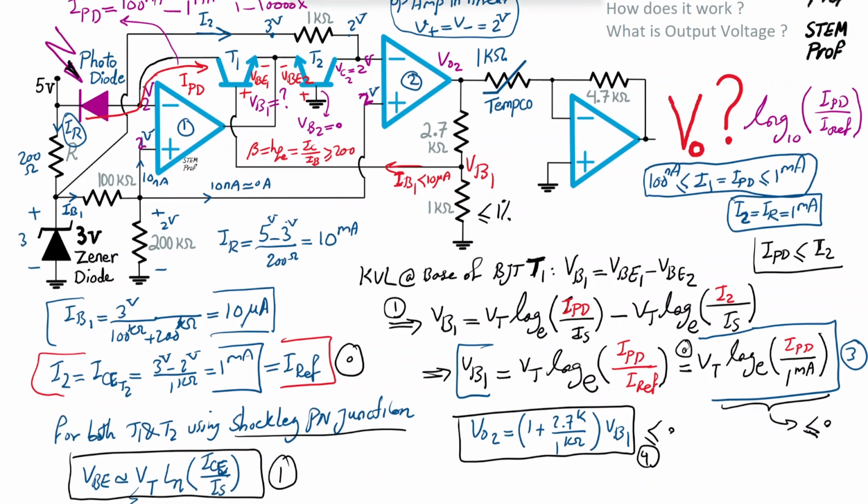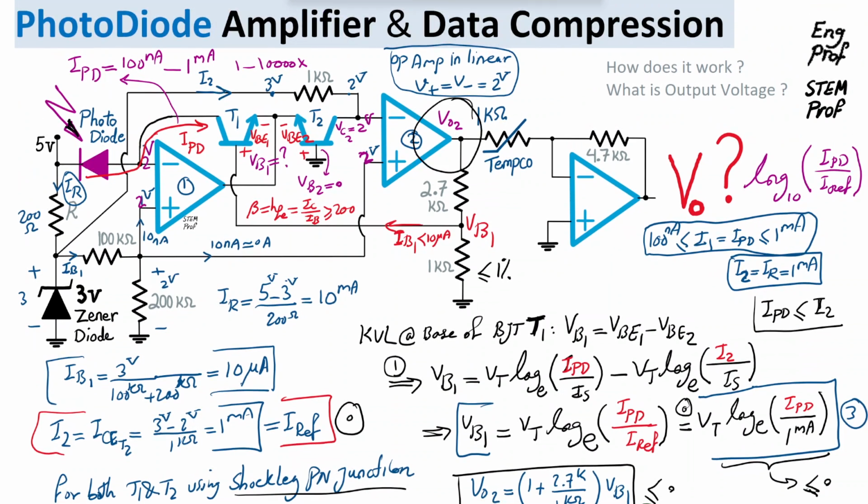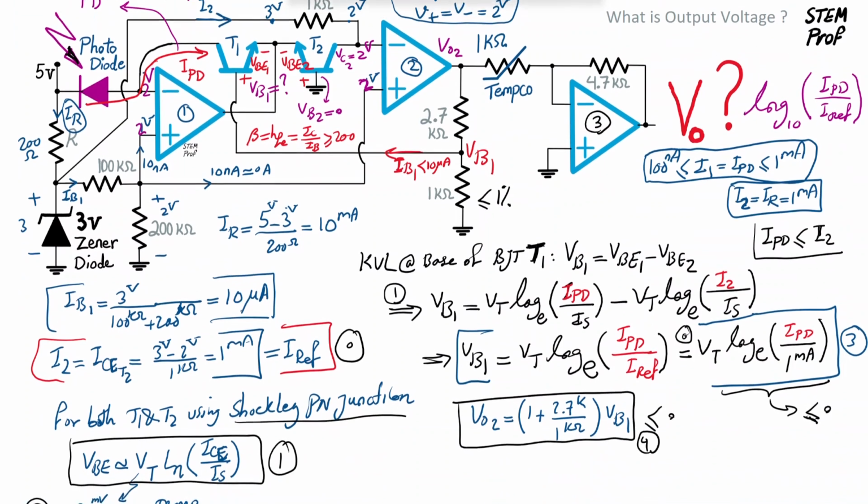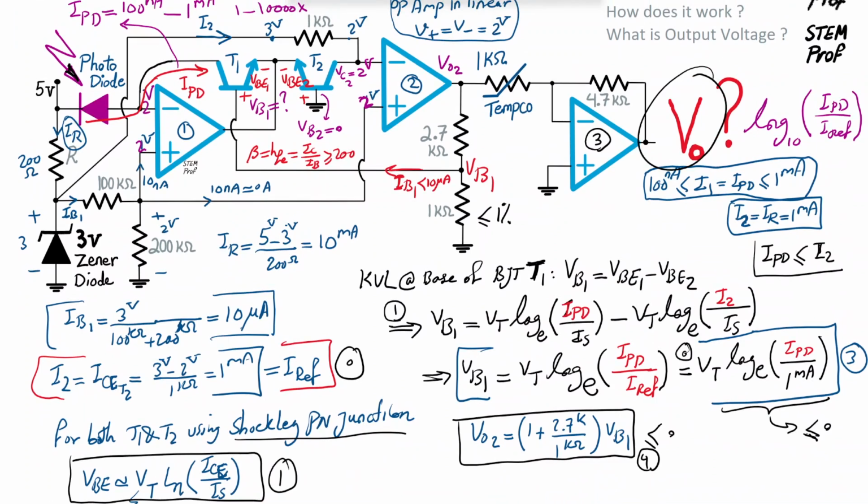Now, the next move is the last one, going from Vout2 to Vout. In the path from Vout2, the output of the second op-amp, to the output of the third op-amp, it's just a matter of having one inverting amplifier, which is this amplifier here. It's a simple inverting amplifier, and for that, the Vout is simply negative 4.7K divided by nominal 1K